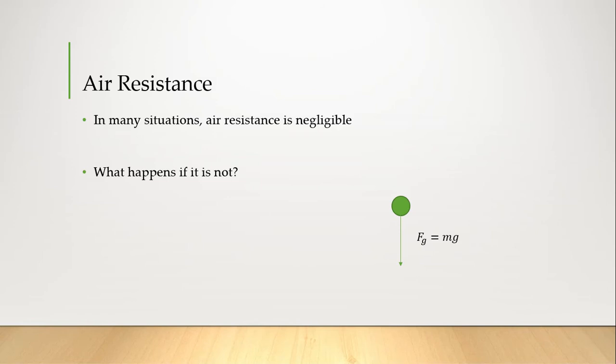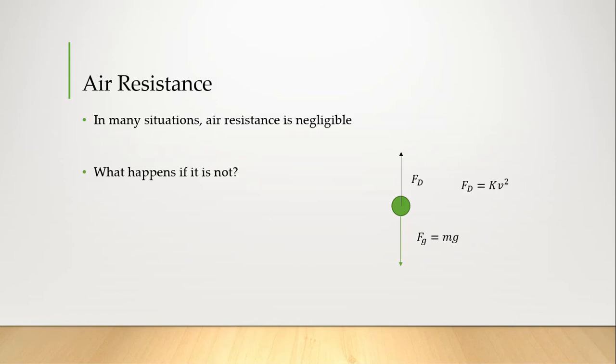So say I have a ball and I drop it out of an airplane flying at 30,000 feet. We know we have the force of gravity acting on the ball, but at some point we're going to have another force acting on the ball, which I'm going to label as FD. This is the force of air drag or the force of air resistance, and that's going to be upward. So for the purposes of this lesson, when we look at FD, we're going to think of this situation as